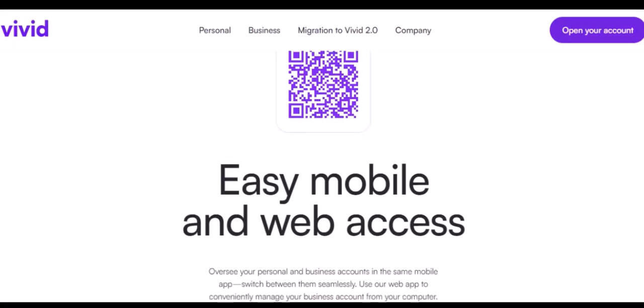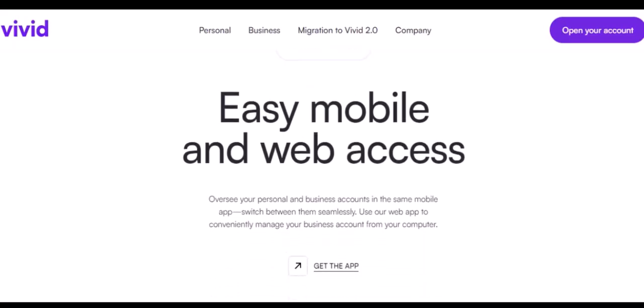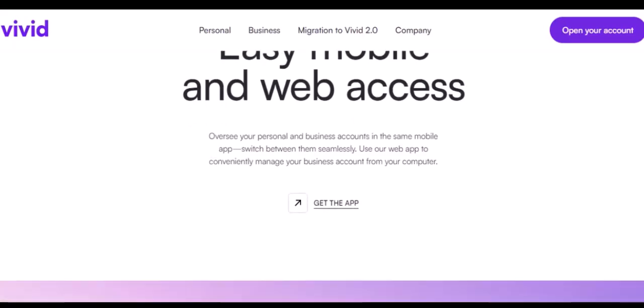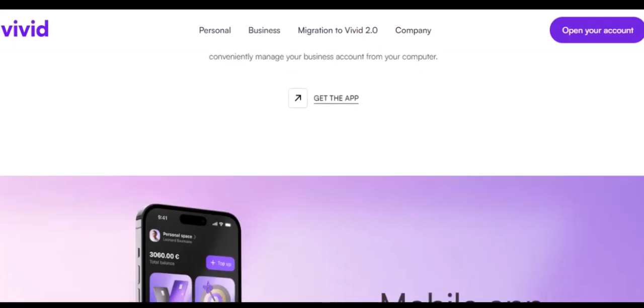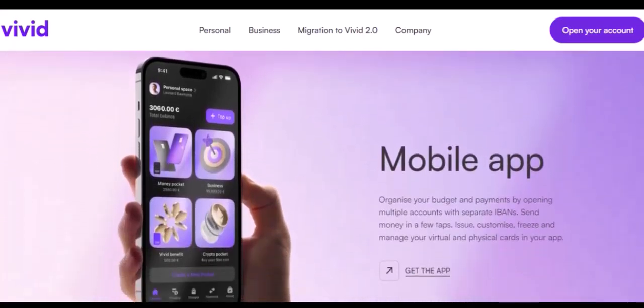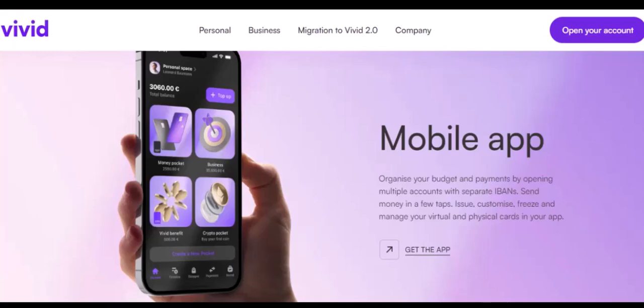6. Alternative options. Before completely closing your account, consider alternative options. Account downgrade. If you're not entirely satisfied with Vivid Money but still find some of its features useful, explore the possibility of downgrading your account to a more basic plan. Contacting support for feedback. If you're experiencing issues or have specific concerns, reach out to Vivid Money customer support with your feedback. This may help improve their